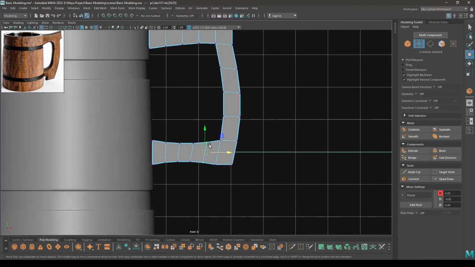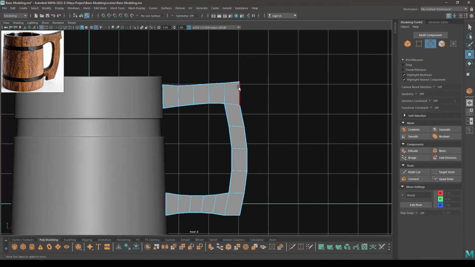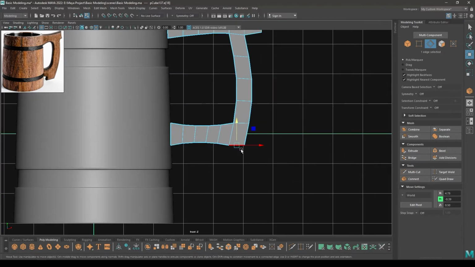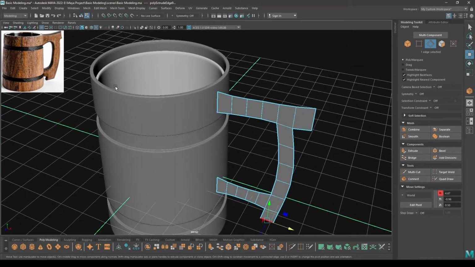Like this. And to create these parts, go to edge mode again, select this edge and extrude a little bit like this, pull this up. Now select this one, also pull this down. And we have a basic shape like this handle.